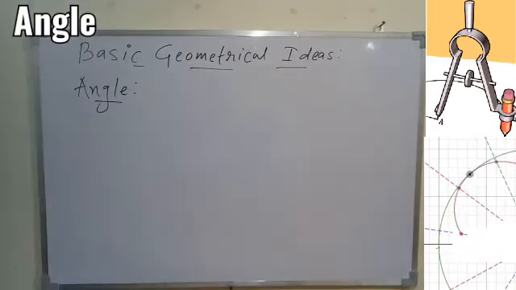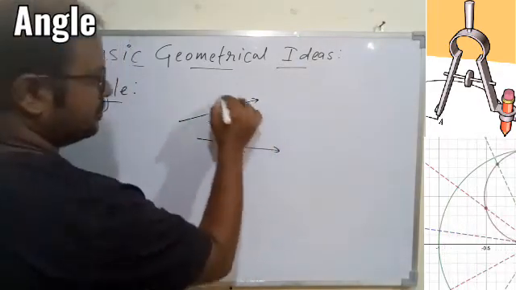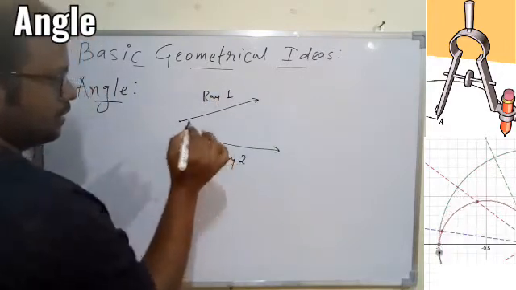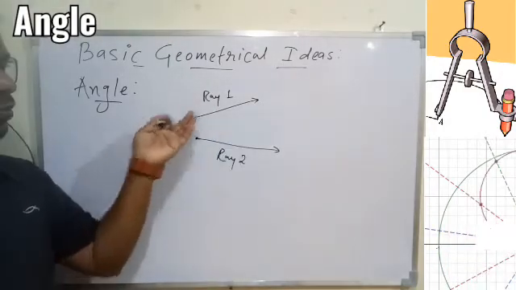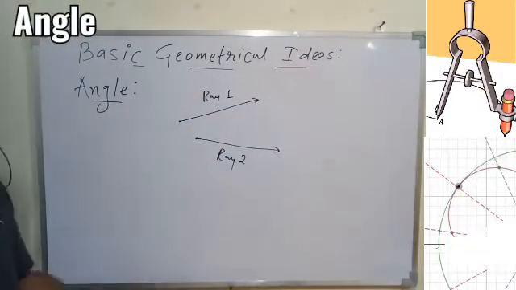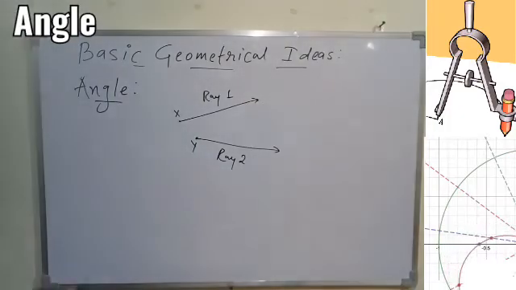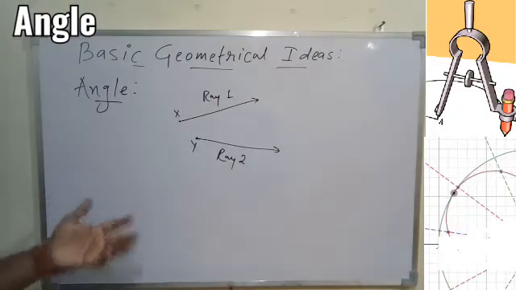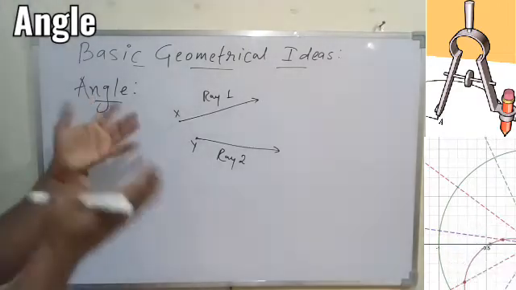So very first we need to understand the angle, and for this we can take a very simple example. Let's take two different rays. So this is your ray 1 and ray 2. If you remember, a ray has one fixed point, called the starting point. The other side is not fixed, so it can go for infinite length. Let the fixed points be x and y. So at this moment x and y are two different points. Ray 1 and ray 2 are different rays, and they are not meeting anywhere.